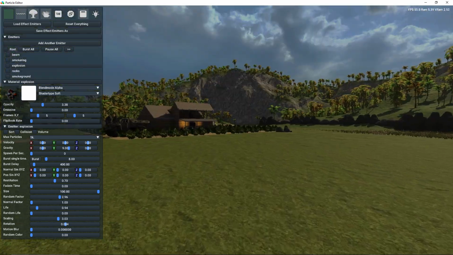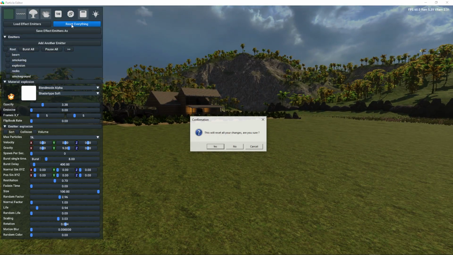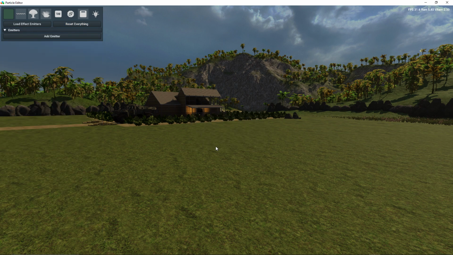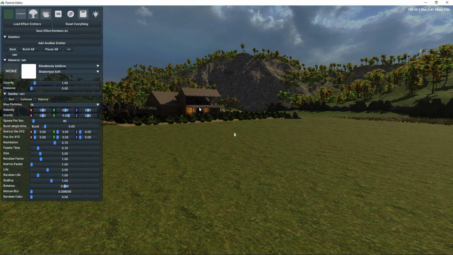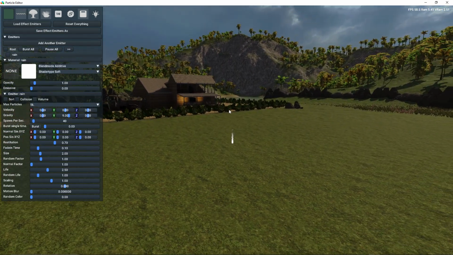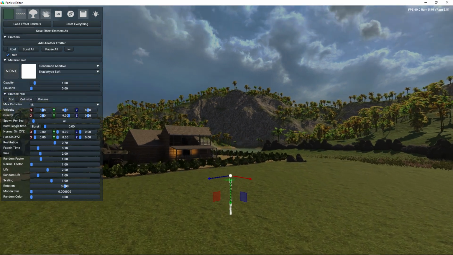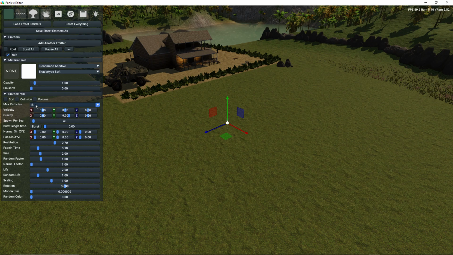So, well, I can just show you how easy it is to make weather effects like rain and stuff like that. Let's just remove everything. Oops. Add a new emitter, rain, create emitter, and let's move it up. Oops, we will just make it a volume. And well, this resizing I really need to improve. But for now,